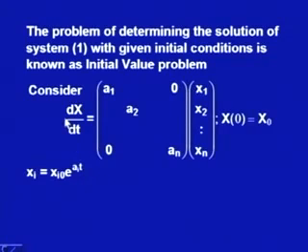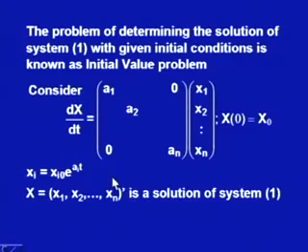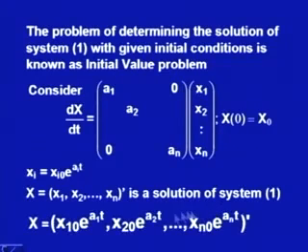i is equal to 1 will give the solution of the first equation, i is equal to 2 will give the solution of the second equation, and so on. So, this is the general solution. Once we have obtained this, x is equal to the column vector x1, x2, ..., xn, and it is a solution of system 1. So, this represents a solution of this equation, and if you substitute these values the way we have computed here, this is the solution vector of this differential equation.